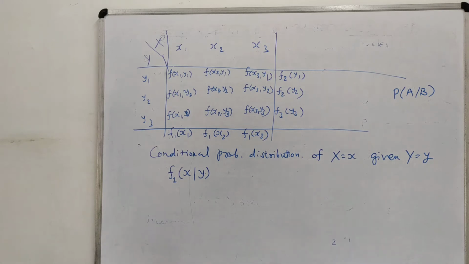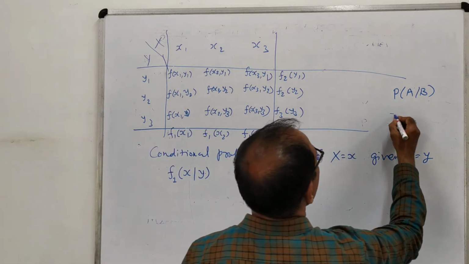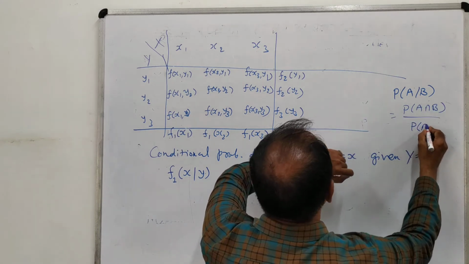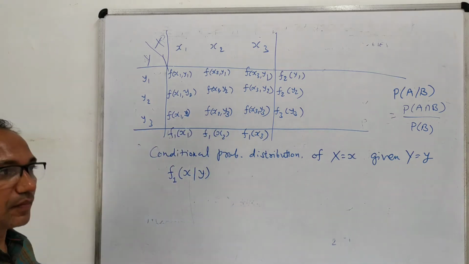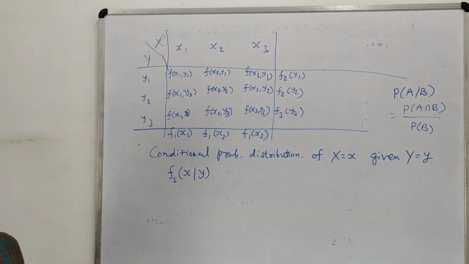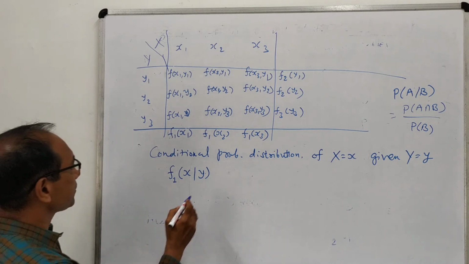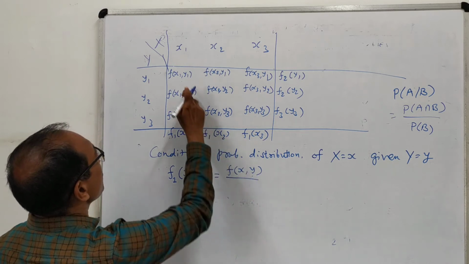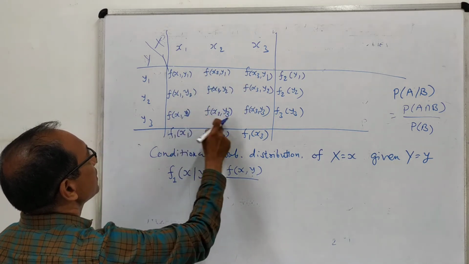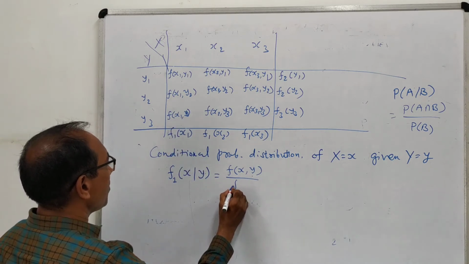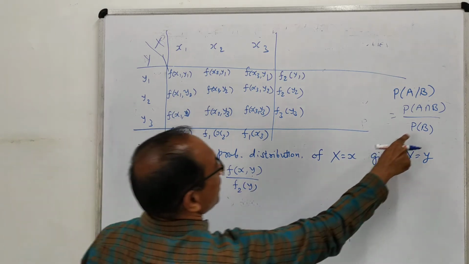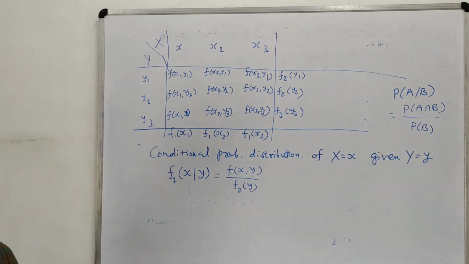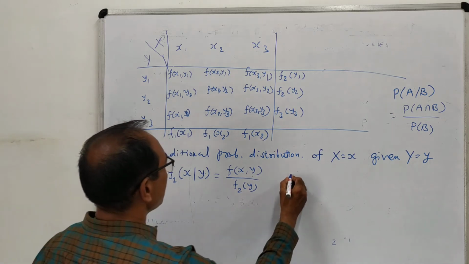So here this is defined as, actually we were defining it as probability of A intersection B divided by probability of B. Okay, are you clear with this? Yes. Okay, so now this is defined very simply as f of x comma y, that is any one value from this table, divided by f2 y, just like your probability of B, your probability of y, and this is denoted by f2, so it is f2 y.